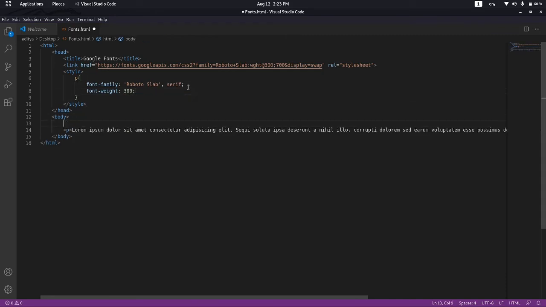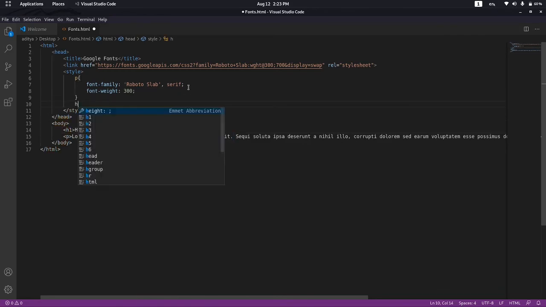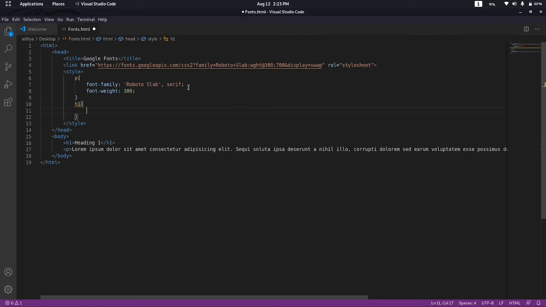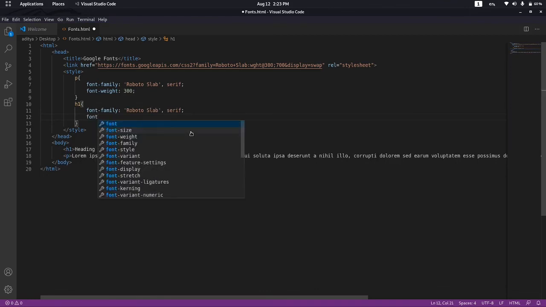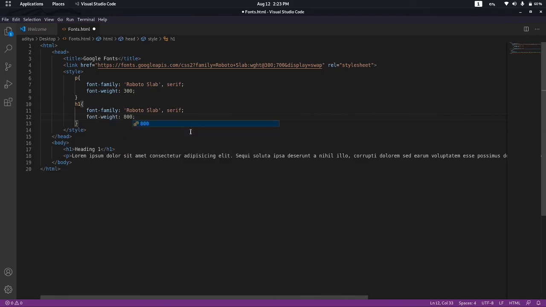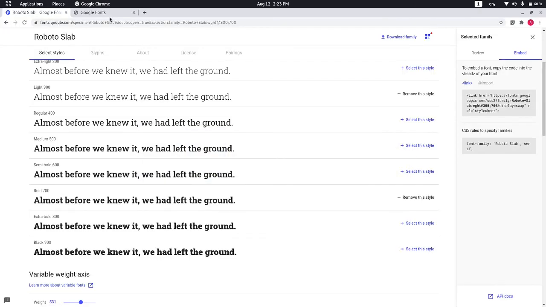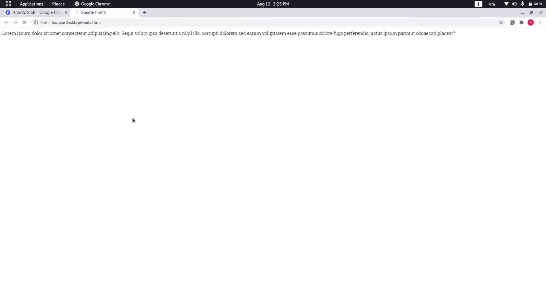Make a heading tag, select this heading tag, enter this same line over here and just write the font weight to be 800. Save this file and refresh this HTML.